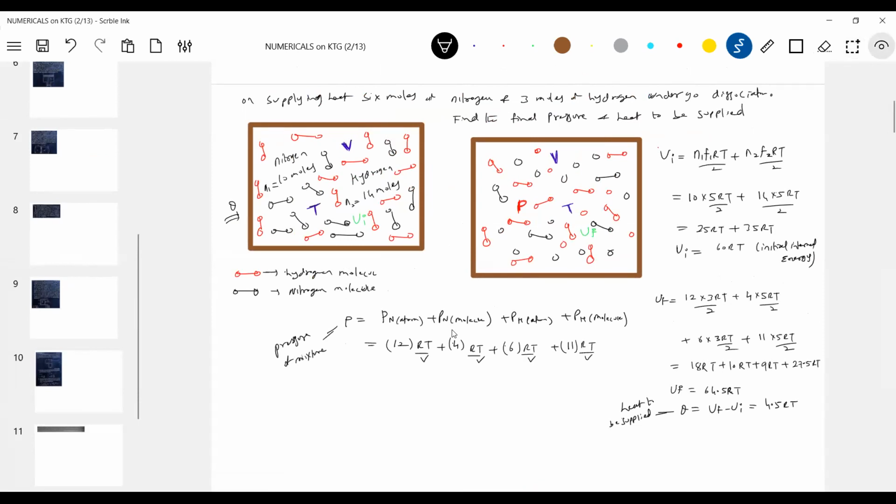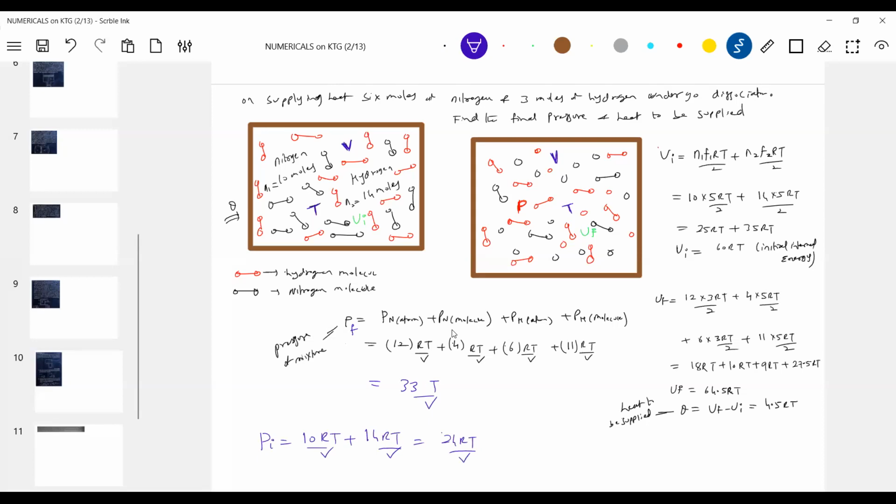So look at the pressure. Earlier, calculate the pressure. Now you calculate the final pressure. So let's have a discussion on that also. This is the final pressure. Anybody, the value of this? 33 RT by V. What about the initial pressure? It should be equal to 10 RT by V. So 24 RT by V.